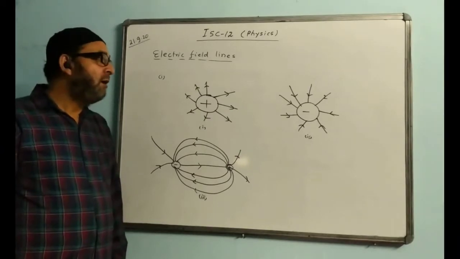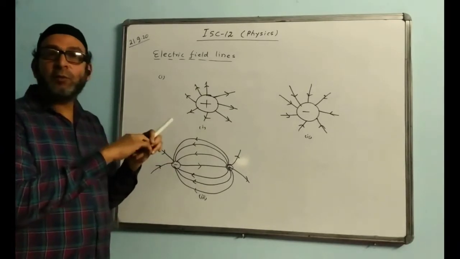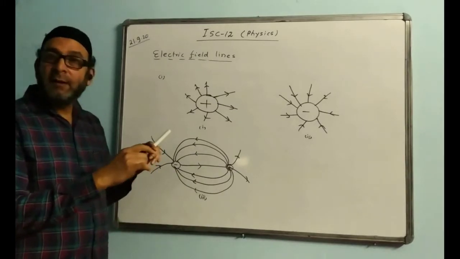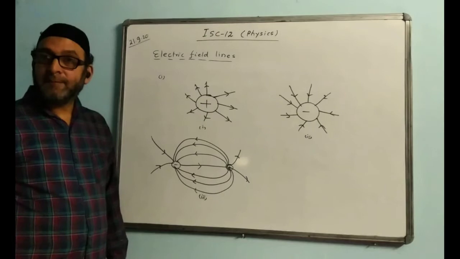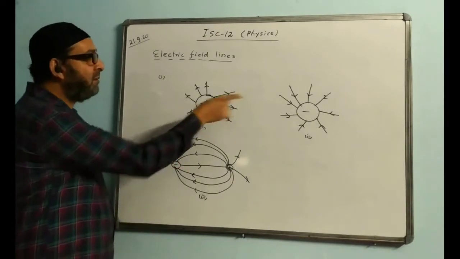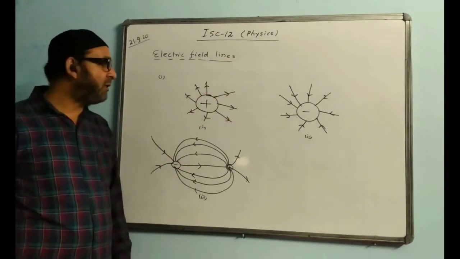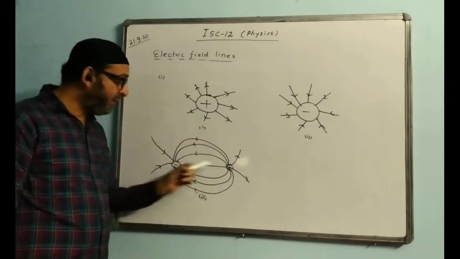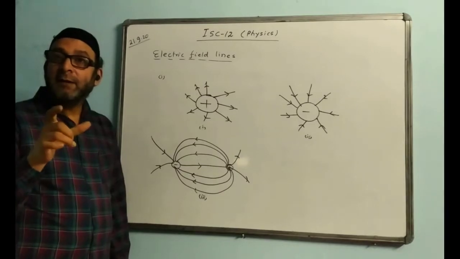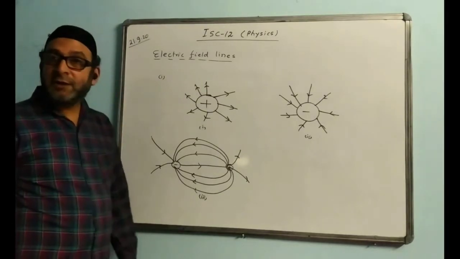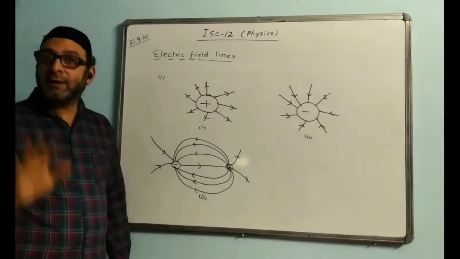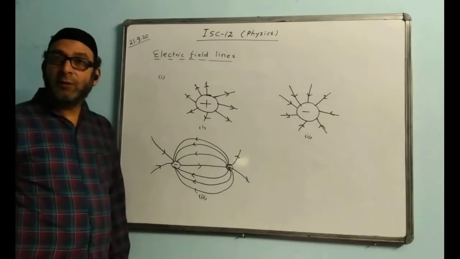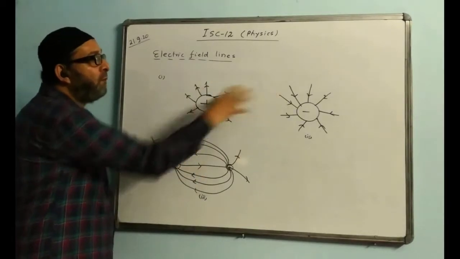The reason is that in a magnet you always have both a south pole and a north pole. That means in every magnet, a single pole does not exist. But a single charge can exist. An isolated charge can be a single positive charge or a single negative charge, or we can have a dipole. But in a magnet, can we have only a south pole? The answer is no. Monopole never exists. Can we have only a north pole? The answer is no.